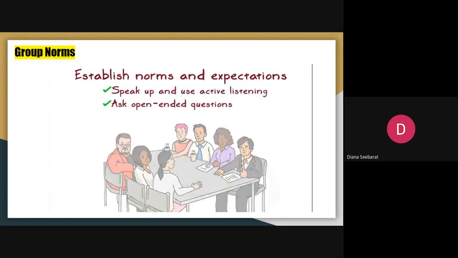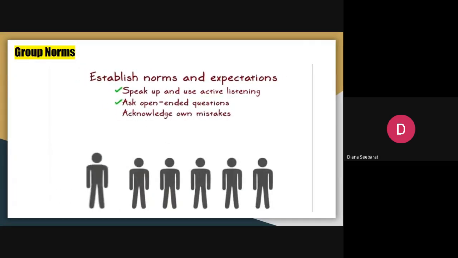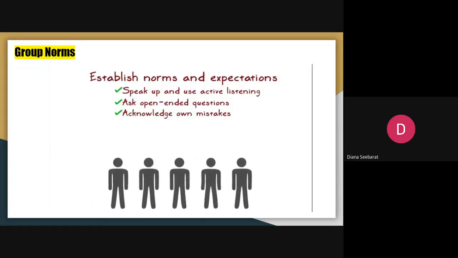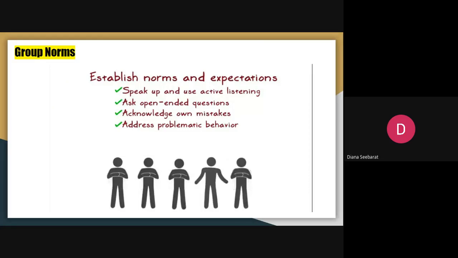It's also beneficial to acknowledge that as a supervisor, you make mistakes too. Tell them you might miss something and that they need to speak up and make you aware. This will put people at ease to talk about their mistakes more openly and admit when they don't know something. Keep in mind that any behavior that undermines psychological safety, such as dominating a discussion, should be addressed right away. Otherwise, this can shut other people down or sidetrack team productivity.